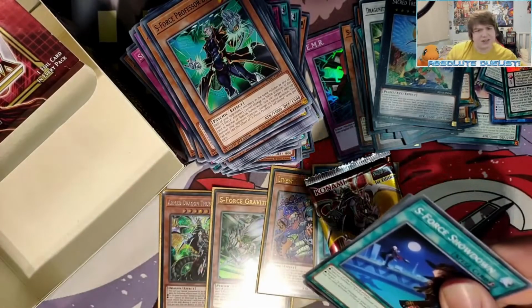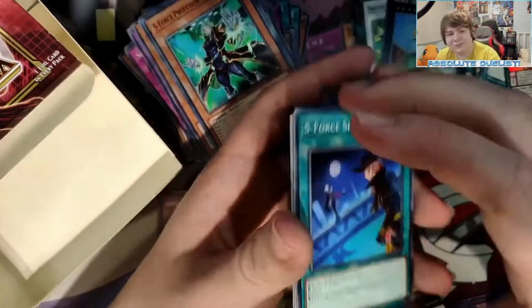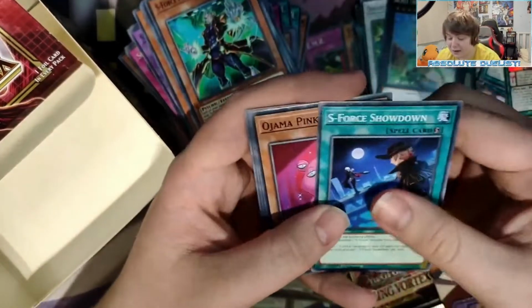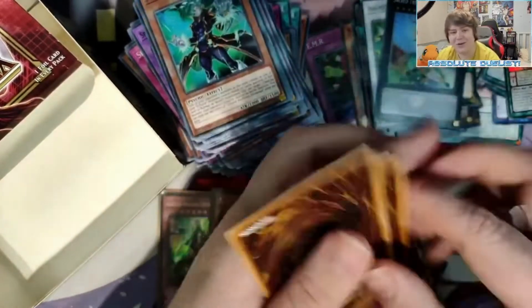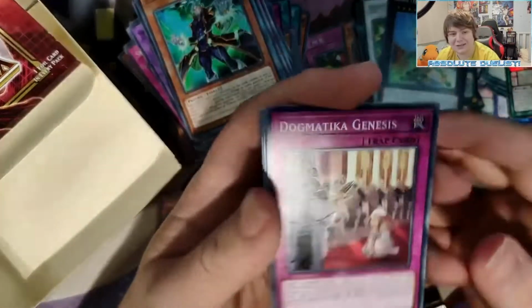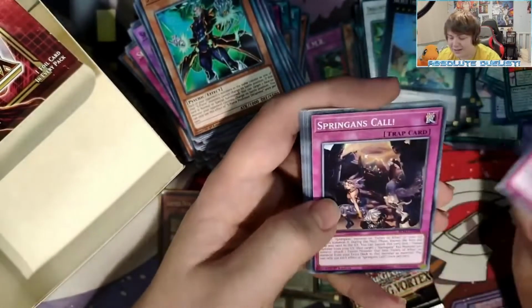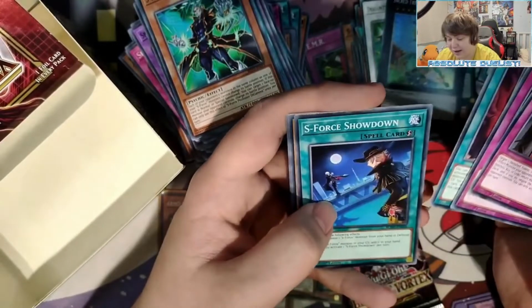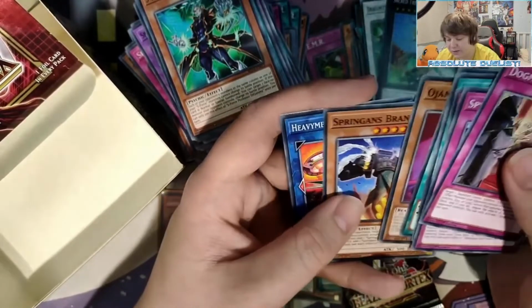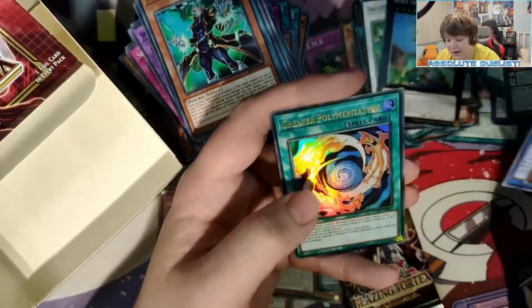And I believe actually a Starlight Rare might take up an Ultra Rare spot, so we can still potentially get a Starlight. So you know what? We're going to go forward to the back, because we know these are Ultra Rares. We know these are Ultra Rares, so let's see what we get first. So Dogmatic Genesis, Spriggan's Cool, Fabled Treason, Warrock Ordeal, S-Force Showdown, Ojama Pink, Spriggan's Black, Spriggan Branga, and oh nice,